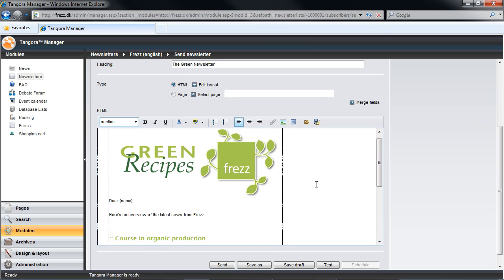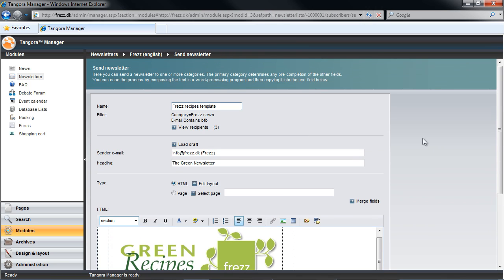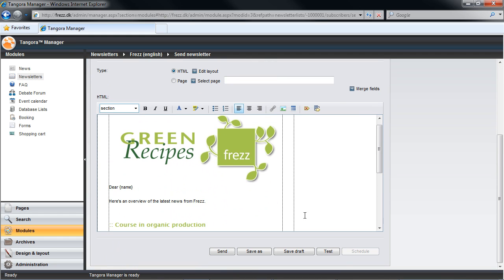You'll notice that once I've got this far, we're actually in the same interface as we were in an earlier episode, after we had chosen our subscribers with various filters and then hit the Send Newsletter button. And it's important to realize here that whether you load a draft from the Send Newsletter interface or you select a draft from this view, you're going to be doing the same operations, just with two different starting points. At the bottom, you'll see that we have the same options that we had previously.